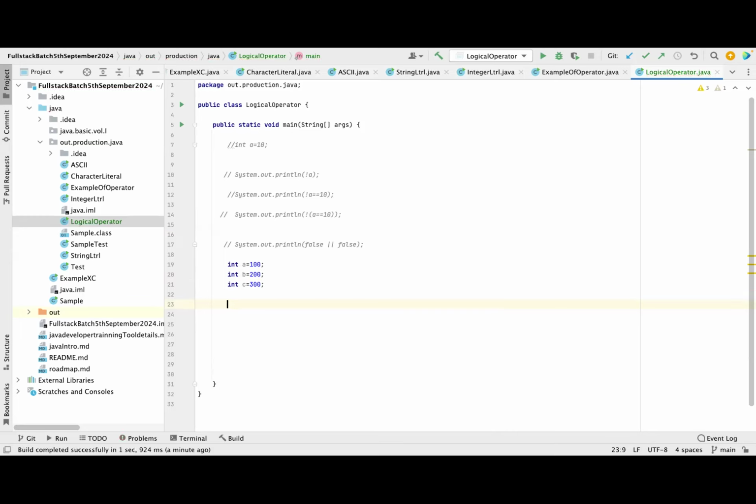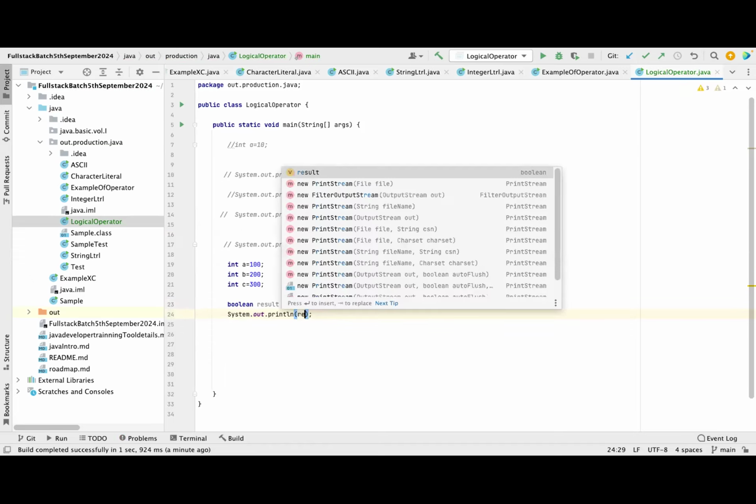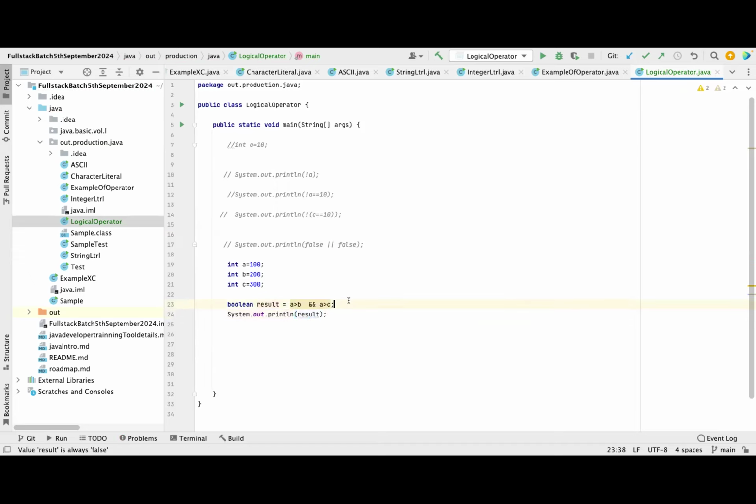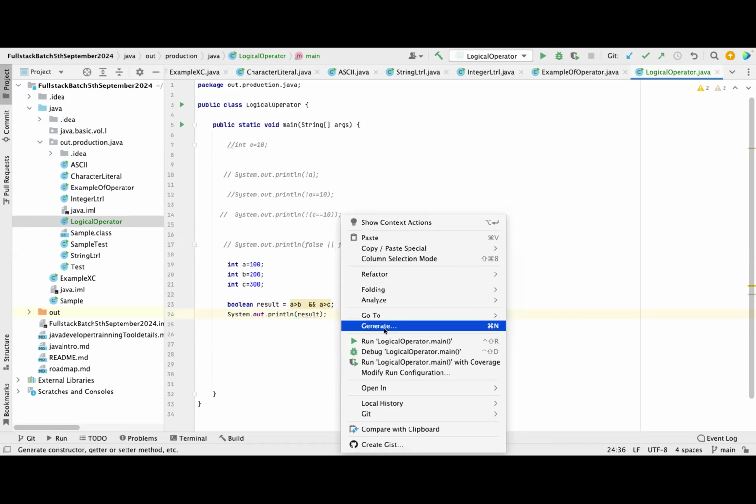Okay, so any logical operator results in a boolean. So we will take a boolean result. Correct? Now I have to check if a is greater than b or not. A is greater than b, and if a is greater than b and a is greater than c, then only I have to print true. Okay, so now a is greater than c. So result. So now when I print this